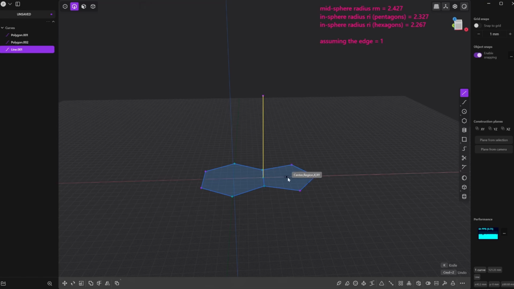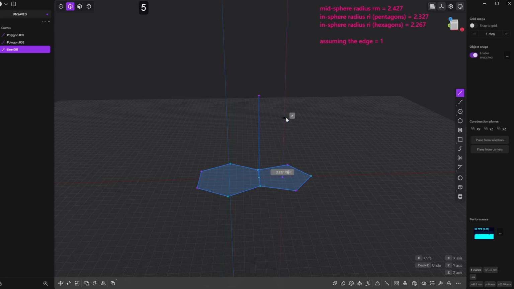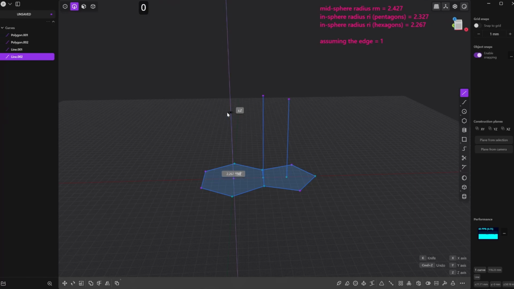starting from the center of the pentagon, making sure of a 90-degree angle, and use 2.327. We multiply it by 50 one more time, always the size of the edge. Now the same for the hexagon. From the center of the hexagon, 90-degree angle, 2.267 multiplied by 50,